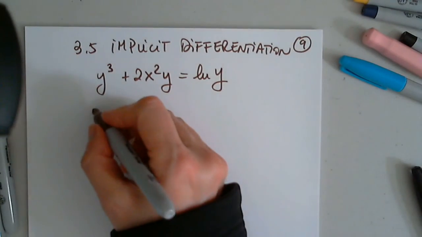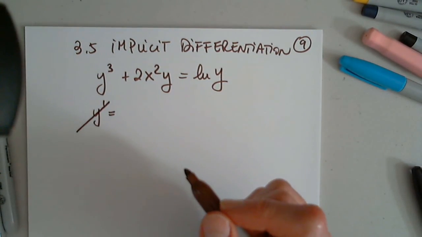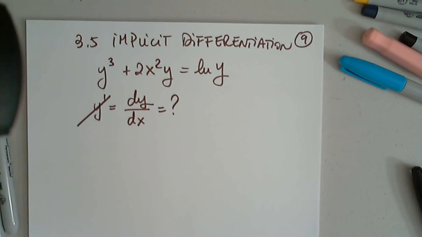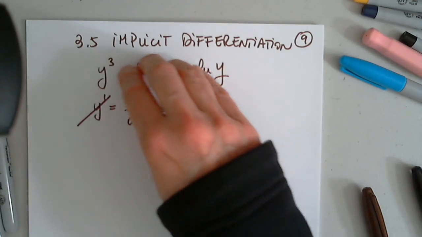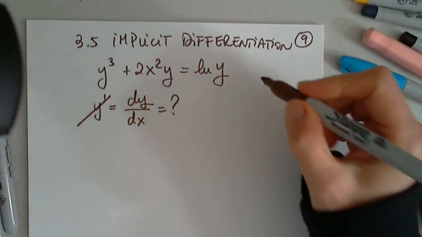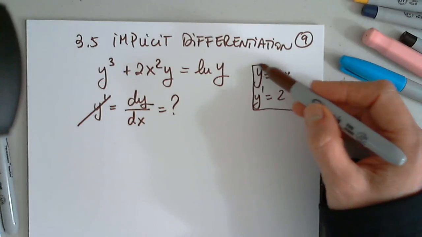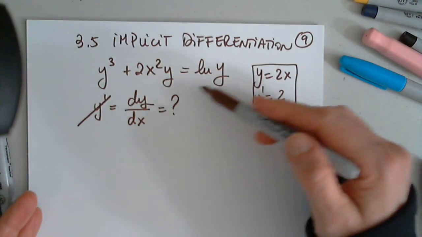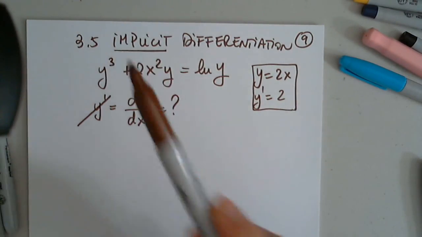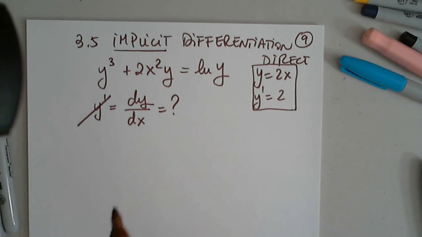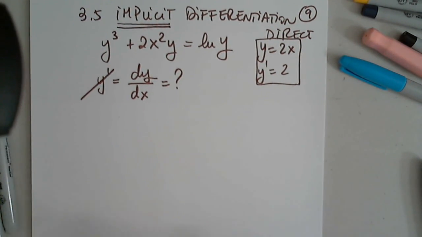Well, I am still asked to find y prime. We're not going to use this notation for implicit differentiation. There's nothing wrong with it. We're going to use dy over dx. So I can still find an expression for dy over dx, although I cannot solve this equation for y. If I can solve the equation for y, like let's say I have 2x, I don't need anything. I will differentiate and I get 2. But whenever I do not have the function, or I cannot solve the equation for the function, I will use implicit differentiation, not direct differentiation, because I can't. I will still find an expression for dy over dx, but I will find it implicitly, not directly, because I don't have the function. So how do I do that? Now, I'm sure you remember, let me